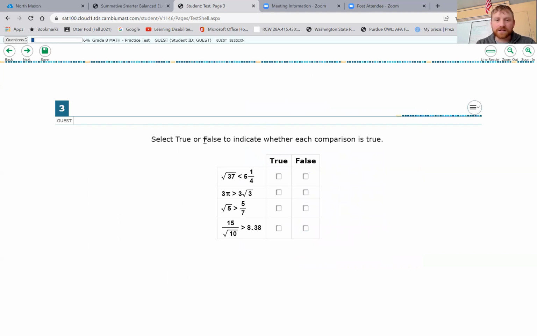Oh, check it out. Look, select true or false to indicate whether each comparison is true. Look, I got my little thing right here again. I can tell it to read to me. Select read to me. Boom. Select true or false to indicate whether each comparison is true. The table has 2 columns and 4 rows. From left to right, the column headings read: True, False. From top to bottom, the row headings read: